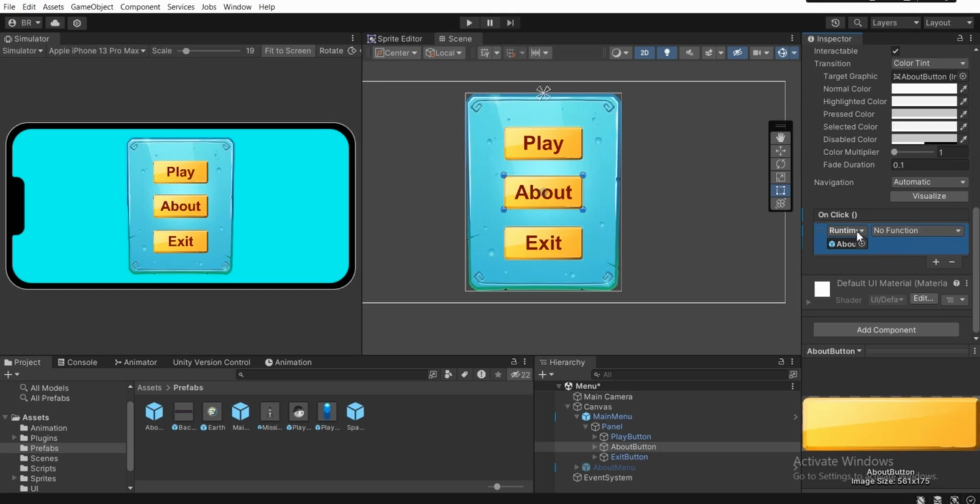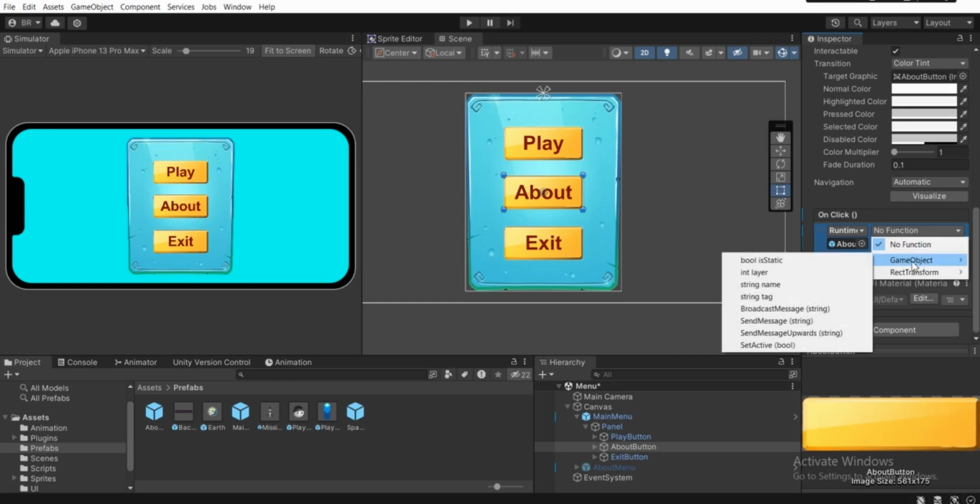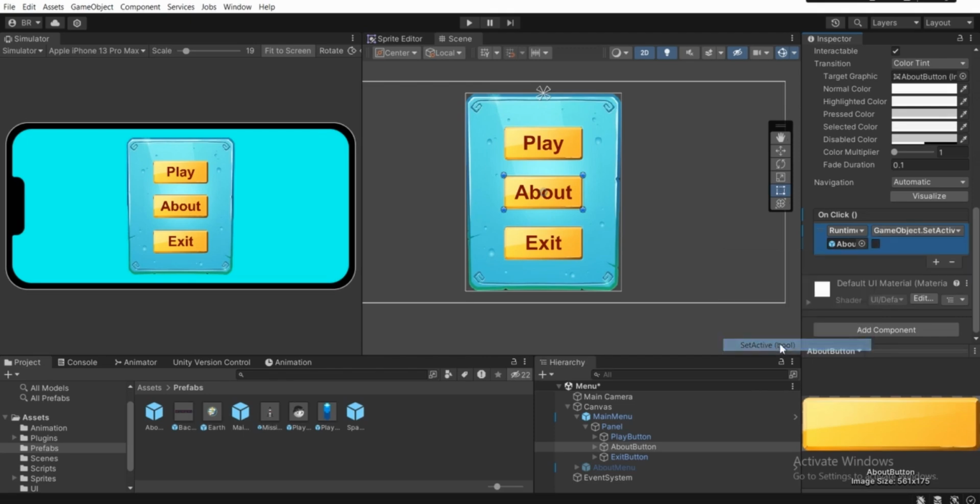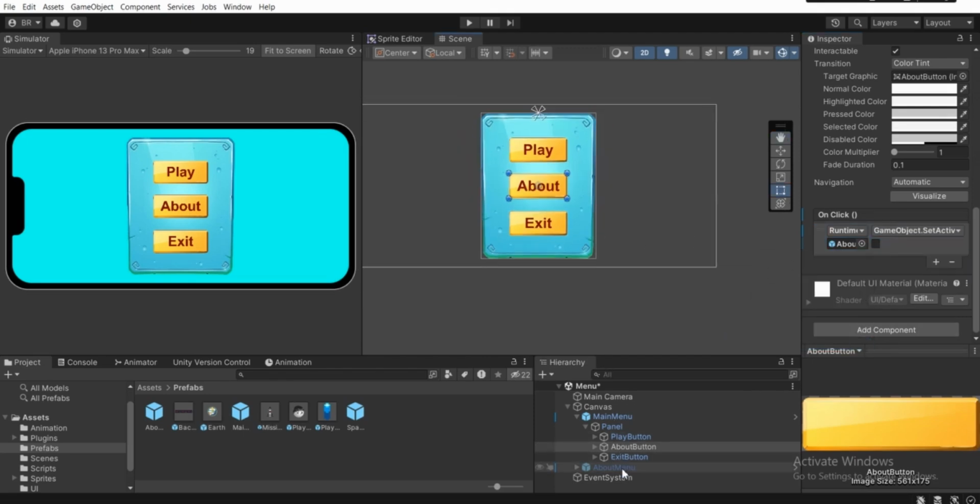So about menu, and it says no function, so just click over there and we're gonna go over to game object and select this bottom, which is set active bold. So we want this about menu to be active once we click on this about button. So that's why we're gonna check this box, and after clicking on this about button, we want this main menu to be inactive. So that's why we will click on this plus icon one more time,